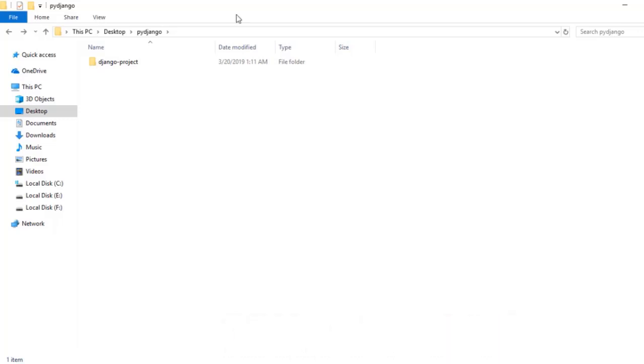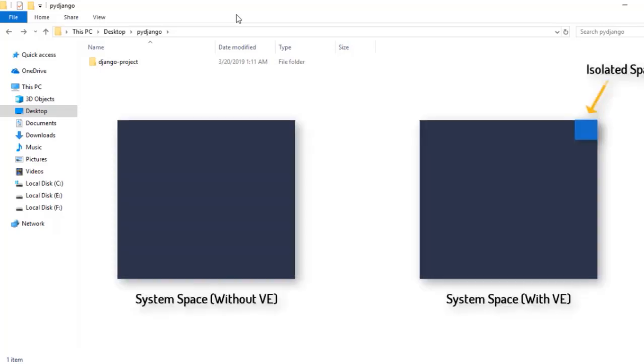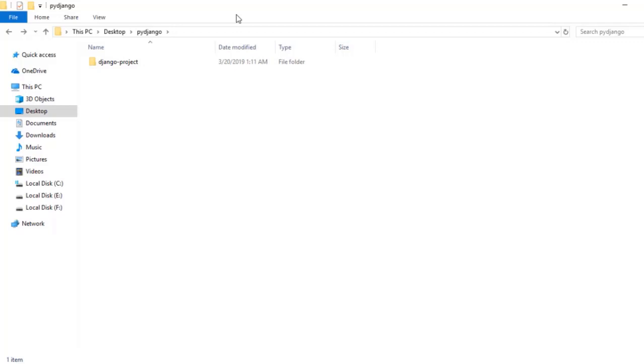So currently if I check different Python packages installed in my computer, they would be in great number, but I don't need them with my Django project. I need a few specific packages only. So for that we create an isolated space in our computer, or maybe if you are working on a server, we create an isolated space in our server, and inside that particular isolated space we work with our files, with our packages and everything else.